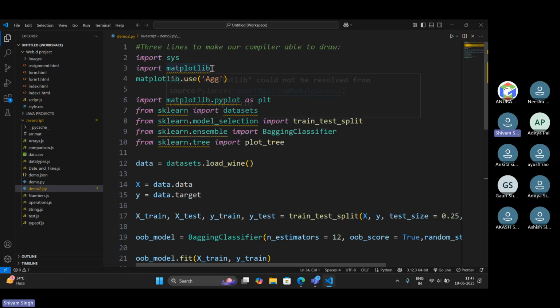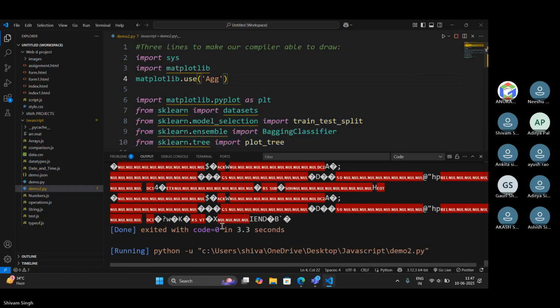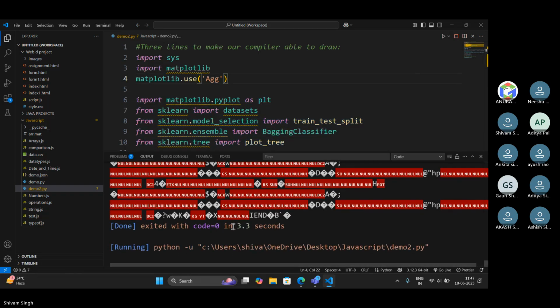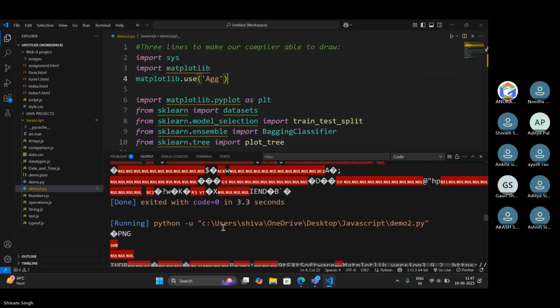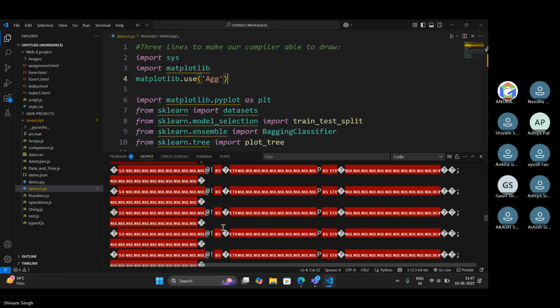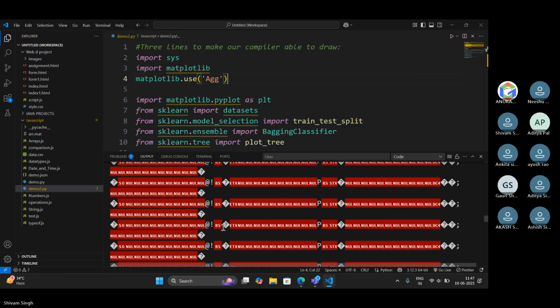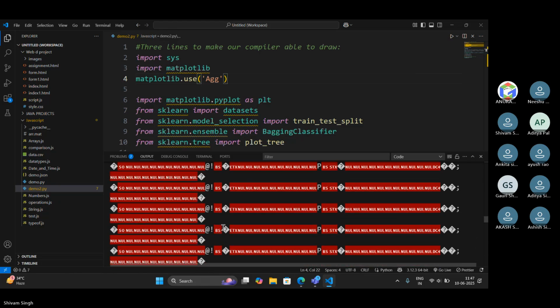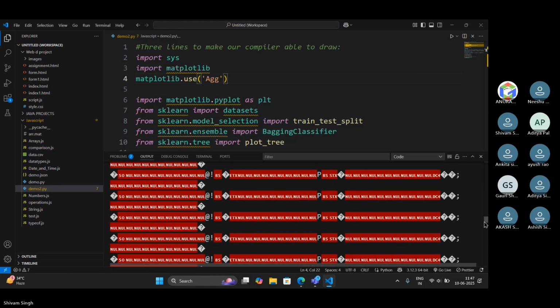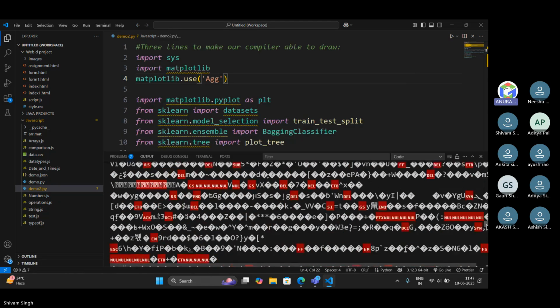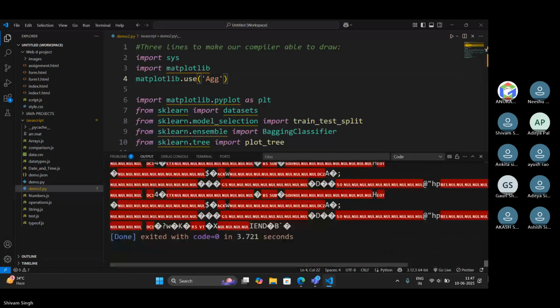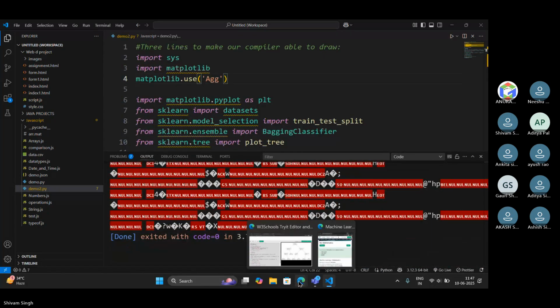So I think all the libraries have been imported, Matplotlib and sklearn also. Okay. Take support from ChatGPT and see what they are.